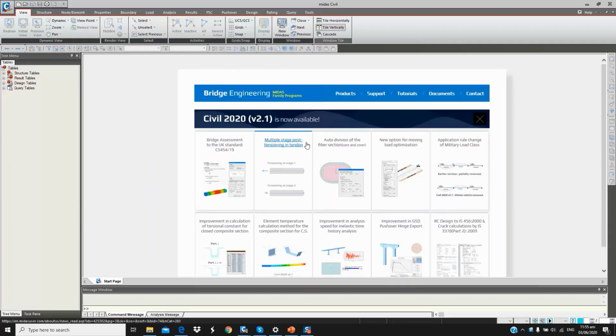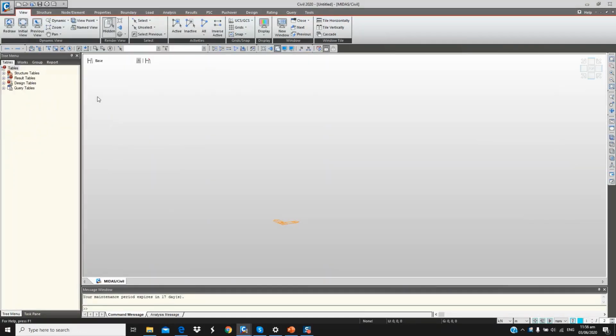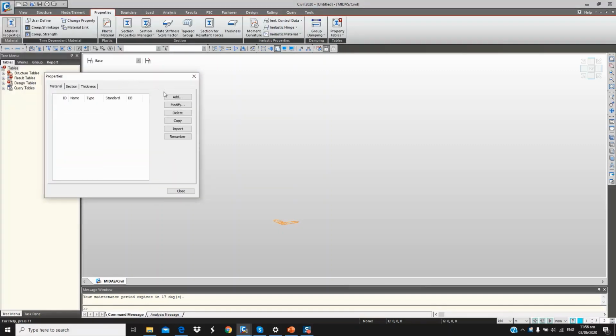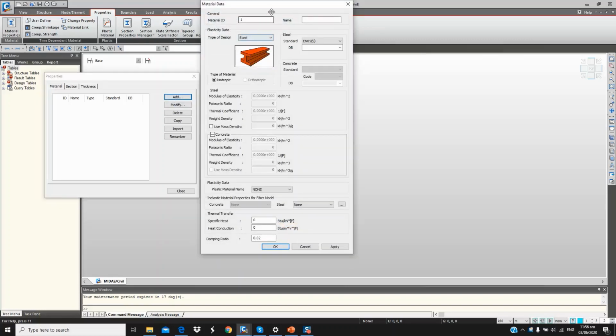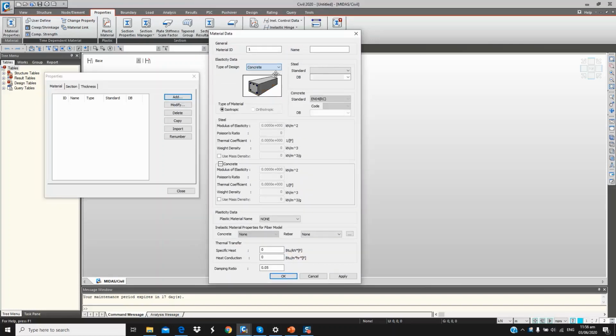I will be starting modeling from scratch, but later on we would get some information from a predefined model. So let's create a new model. In the properties tab, you can define here the material properties that is based on AS5100. So first for the concrete,